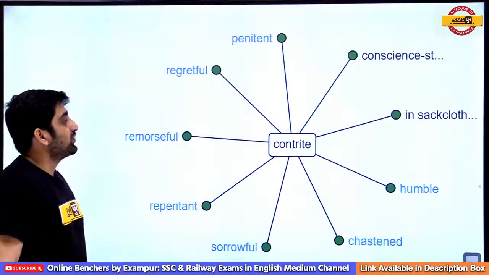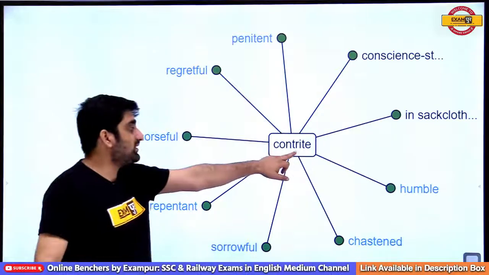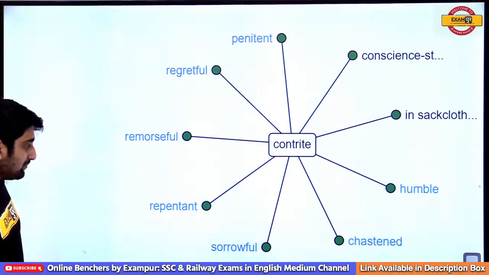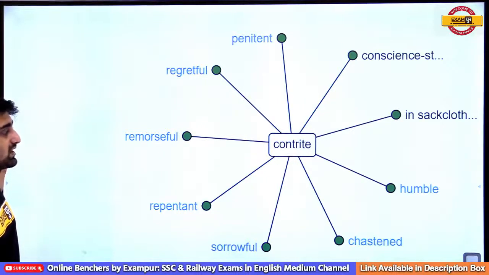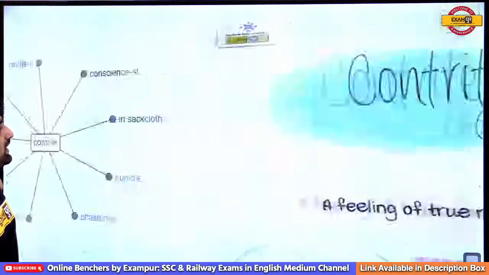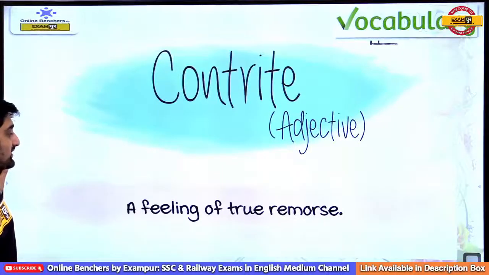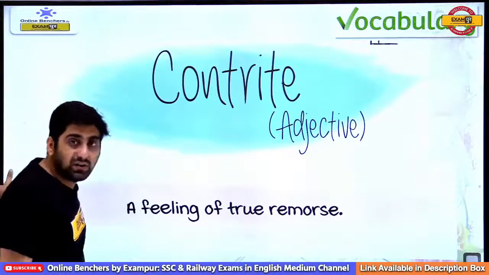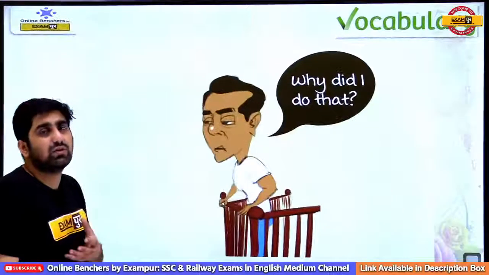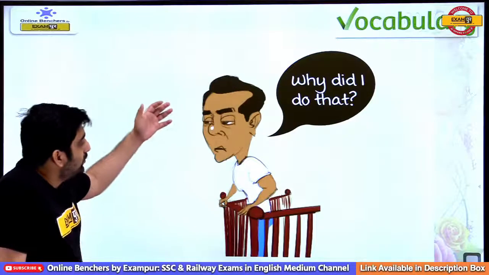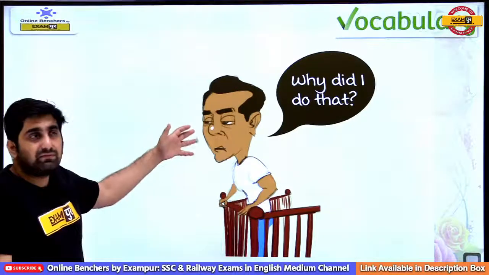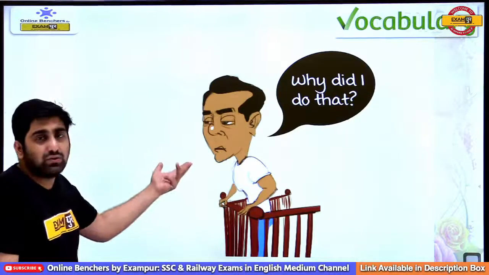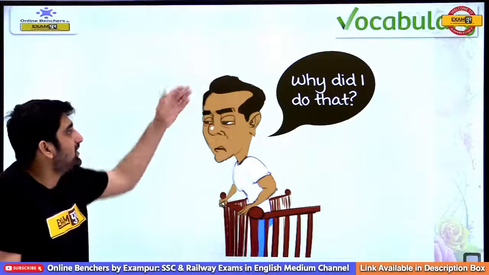Next word is contrite. This is not contrive, it is contrite. What is contrite? Contrite means remorseful, means sorrowful, means chastened, means humble. And contrite basically is an adjective, means it is a feeling of true remorse. What do you mean by true remorse? True remorse is when you are truly very sad. When he was accused of doing something wrong, then he was truly contrite about his doing and said, why did I